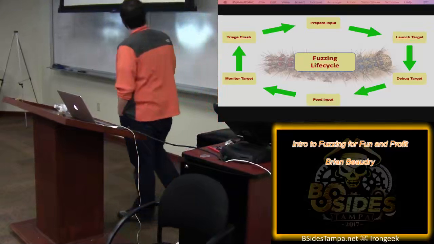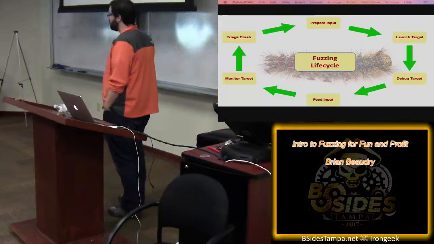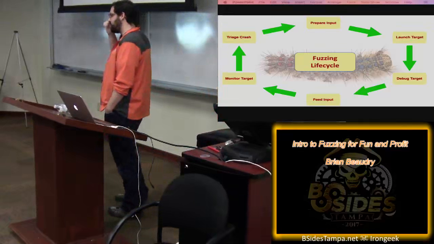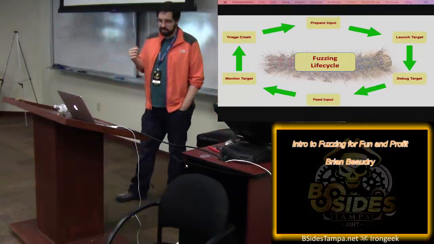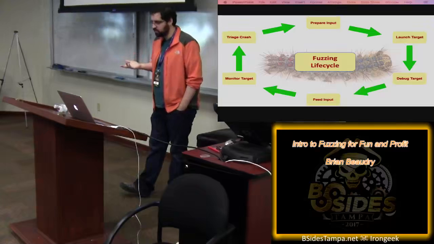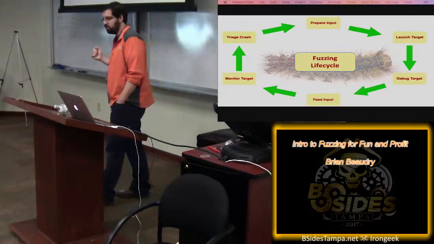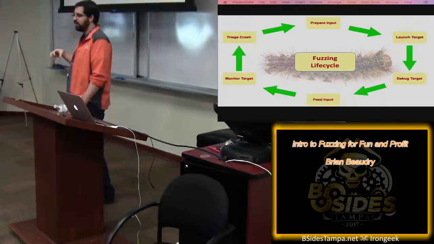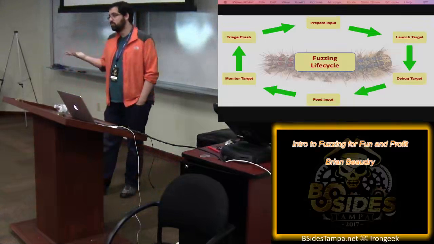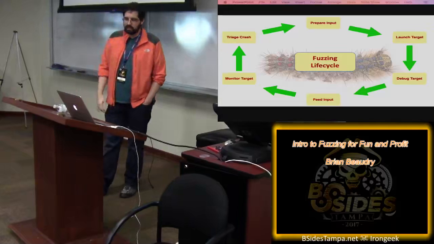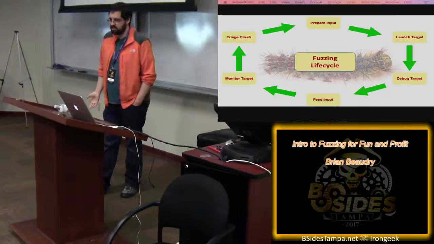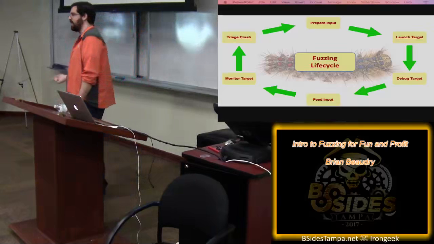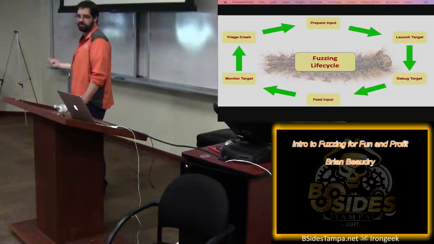Either way, then it launches the target. It actually debugs the target. So here's something I didn't really realize until I built my own: in a sense, fuzzers are really just purpose-built debuggers. They attach into a program and they're monitoring it for, usually, crashes, other things too. So it's basically just a debugger that only cares about crashes